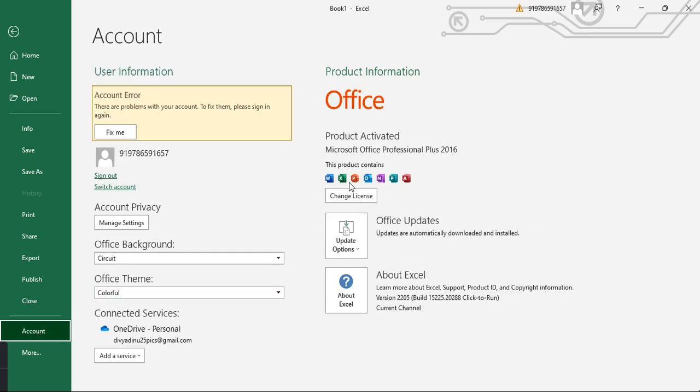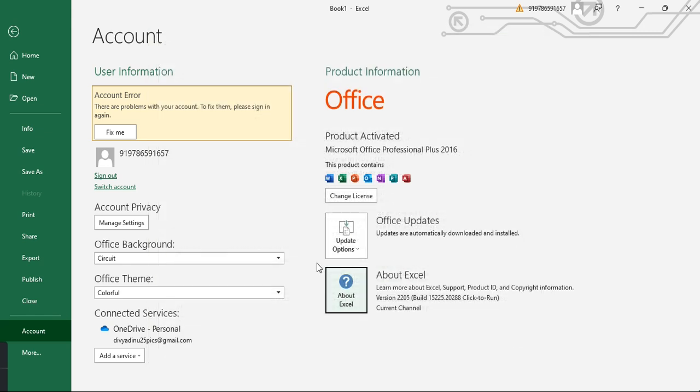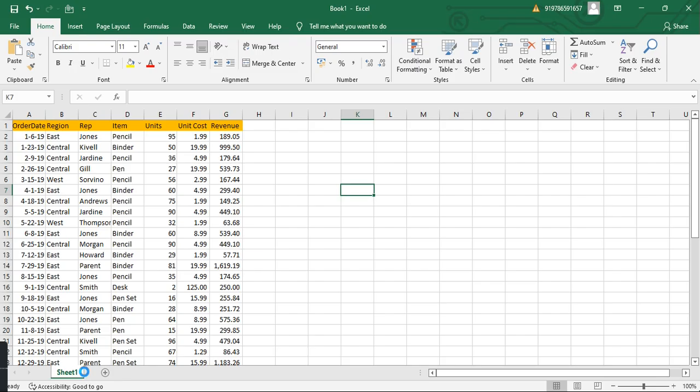Select this Account. First you have to see what your Excel bit is. So, About Excel: see here, this is 64-bit. You have to see whether this is 64-bit or 32-bit. If yours is 64-bit, you note it, click OK, and go to More and Options,